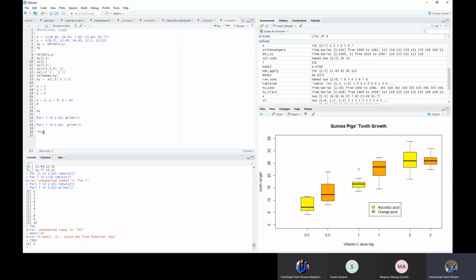So this is 7 modulo 2. You know what modulo is? This is return remainder. Okay, 7 divided by 2. What's the remainder? 1. We're going to return 1. If I do 7 divided by